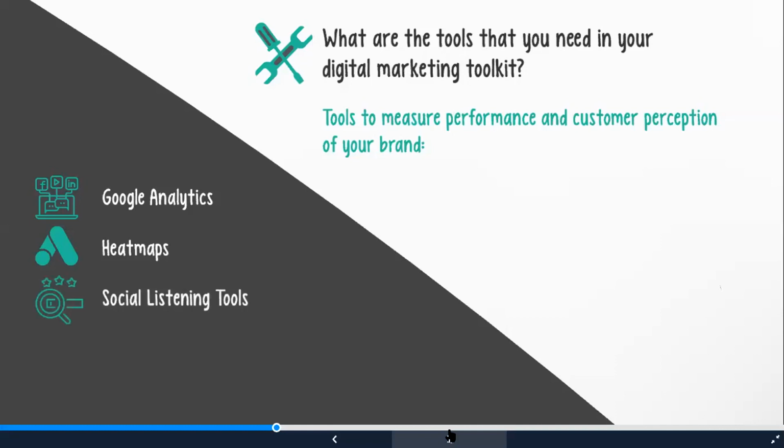Social listening tools. This enables you to hear and listen to what is being said about your brand or about your industry on the internet. It enables you to monitor your own brand as well as the brand of your competitors and really know what the sentiment is out there. Examples of social listening tools are Talkwalker, Social Bakers. Most of those tools are more geared towards the international market. So if you have an international brand, definitely go that route.